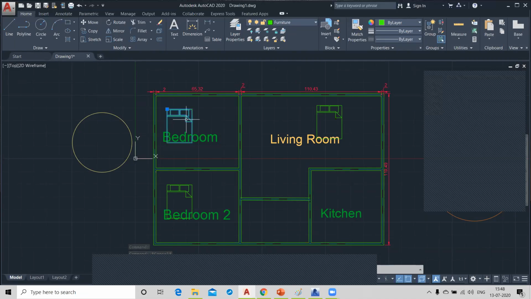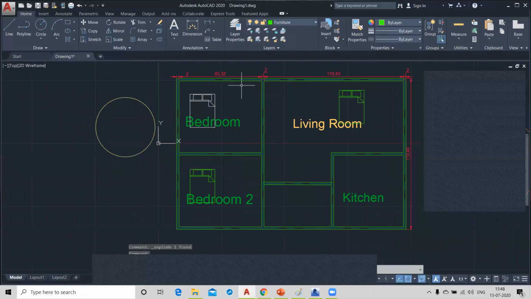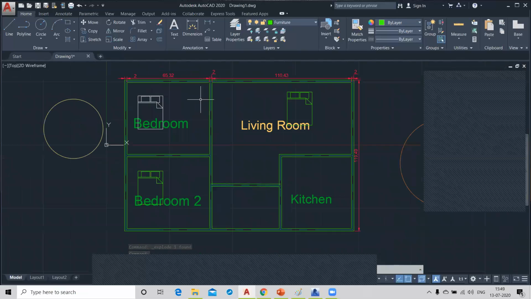The furniture is inserted from a block. You can first explode it, and now the color will change automatically, which we have defined here. Okay. Got it.